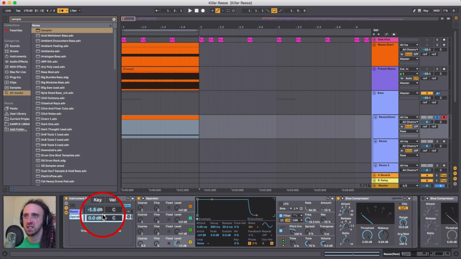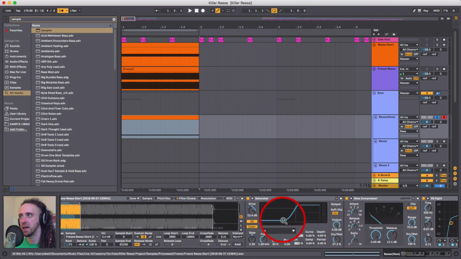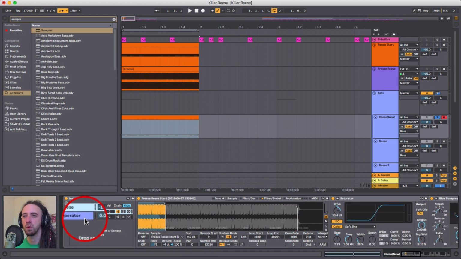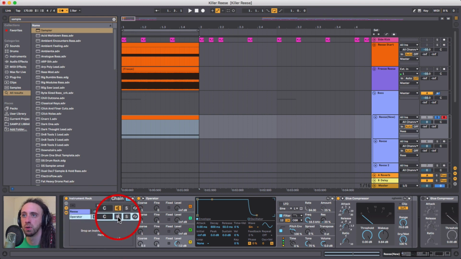Now what I could do is separate the sub and the extra harmonics of the bass out so the sub is solid, because if we think about this, this Reese that we've made has a lot of sub frequencies in it, but they're also wobbling with that frequency modulation that's happening, which can make your sub sound like it doesn't fit cleanly within the mix, it's a little bit too dirty. So what you can actually do is group together with a sine wave sub, that if we just listen to